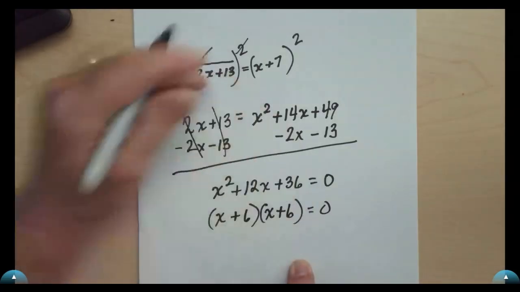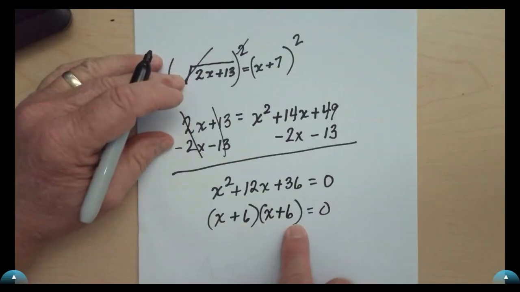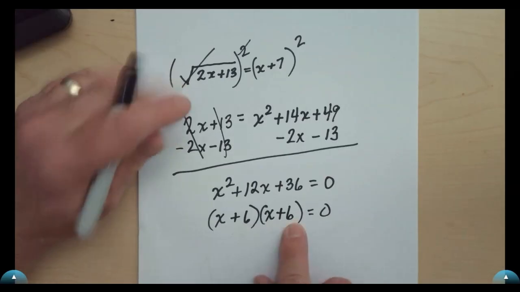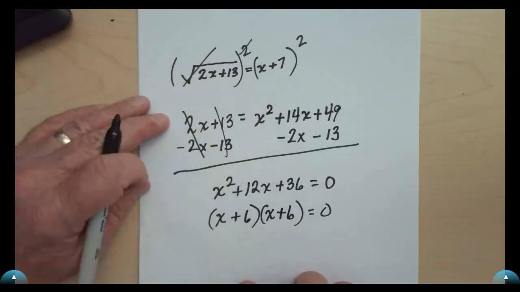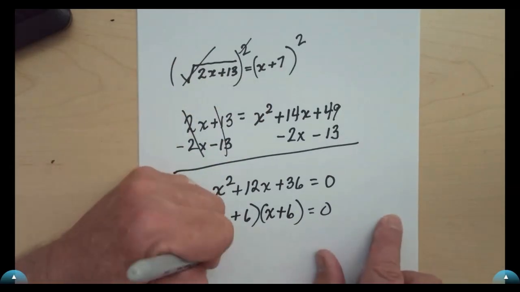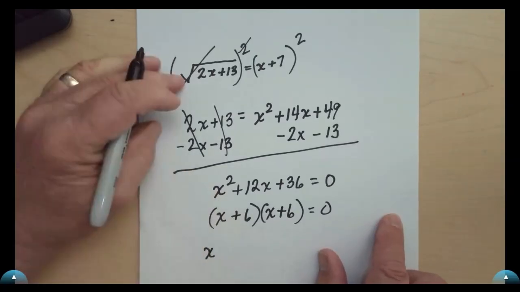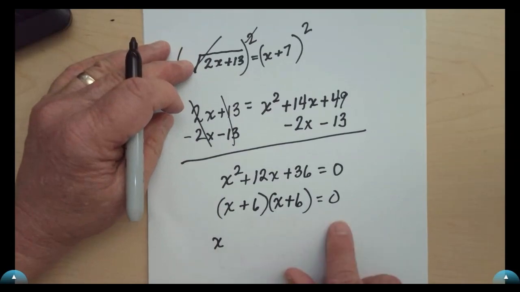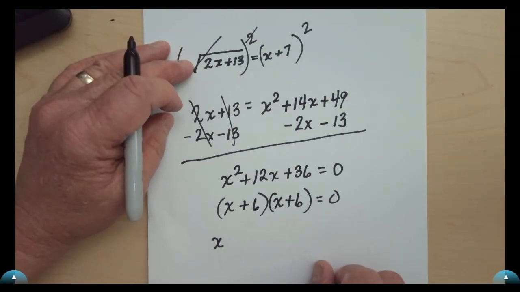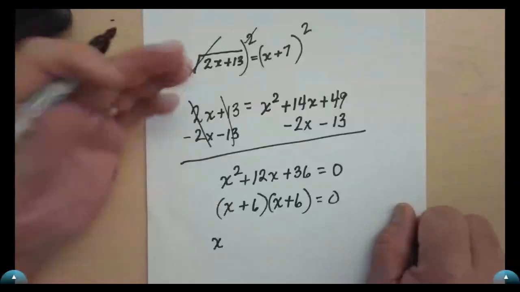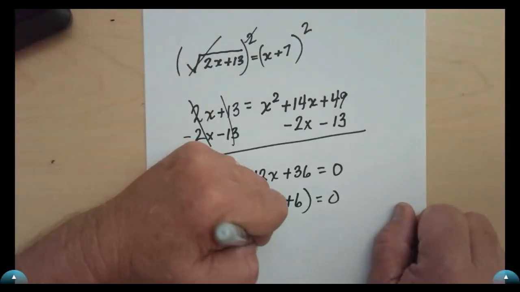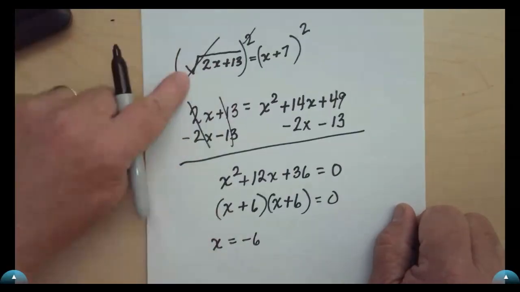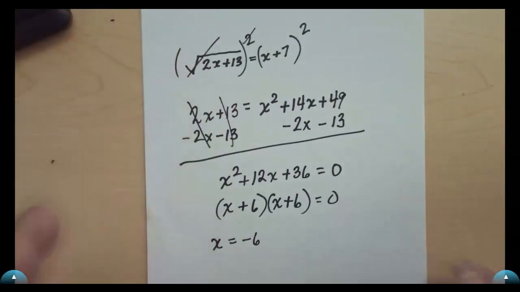Do y'all see that? Positive 6 times positive 6 is positive 36, the last number. 6 plus 6 is positive 12, the middle number. So that's factored correctly. So what are the two solutions to this equation? 6 and 6, or rather negative 6 and negative 6, right? There's really only one solution there. Do y'all see that? Now we still have to check and see if it solves the original equation, but I